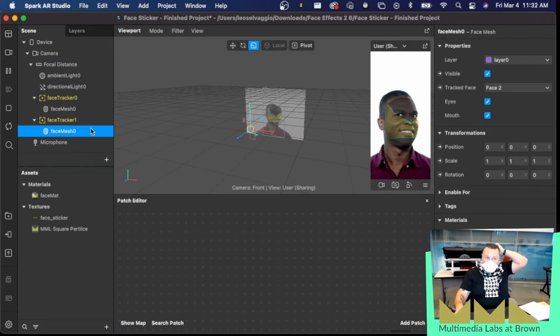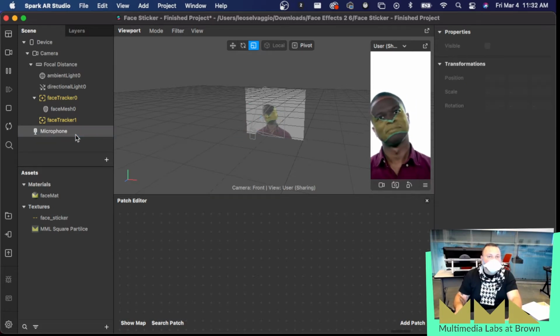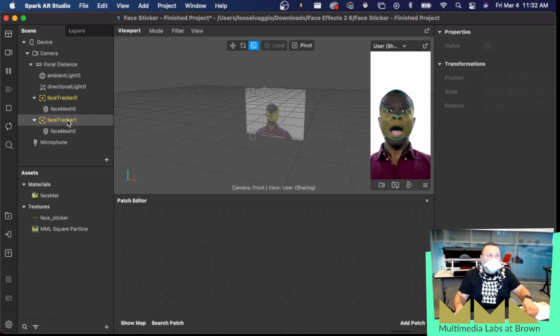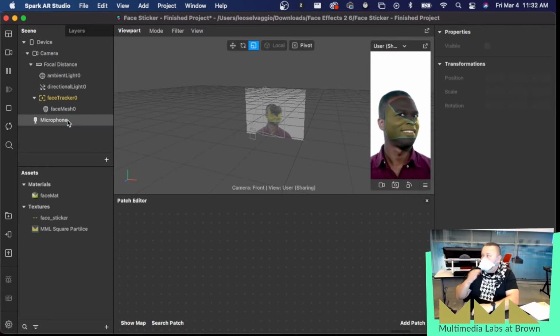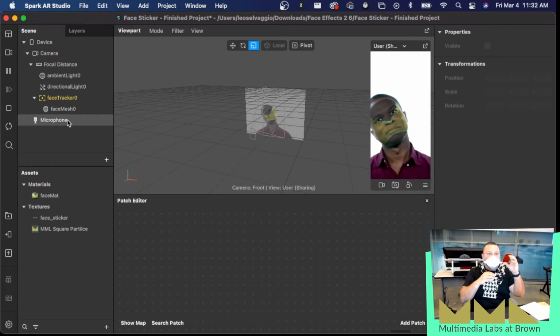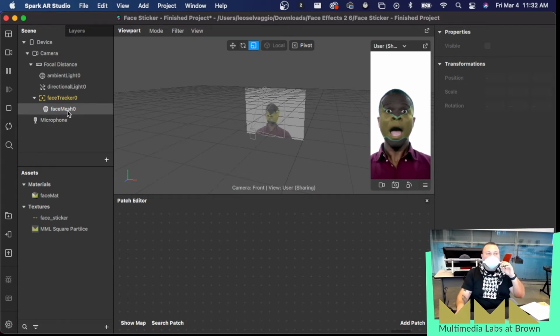But what I want to point out is, notice that if I delete this face mesh, just the face mesh leaves and the face tracker is still there. If I delete the face tracker, then both the face tracker and the face mesh have been deleted. And that's because these have a relationship of being parent and children, is what they're called. So whenever you see something nested, it is getting some kind of information, or it is somehow tied to